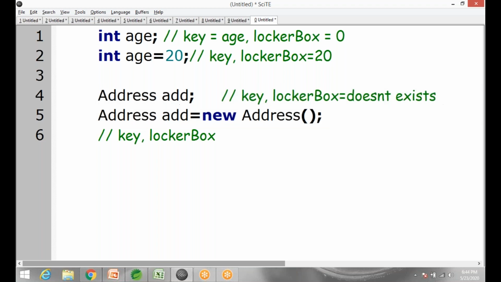This is a key without a locker box, and this is a key with a locker box. This has never been created. In this case, all you have is an empty key. You have no clue which locker box it fits to. Maybe the locker box doesn't even exist. That's the difference. So here, if I ask you to get me the city from this address, would you know